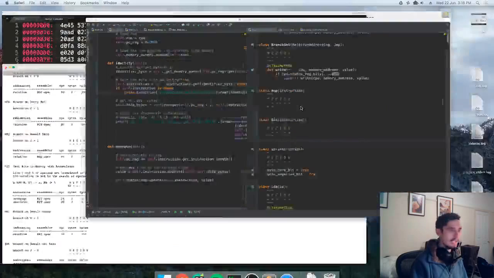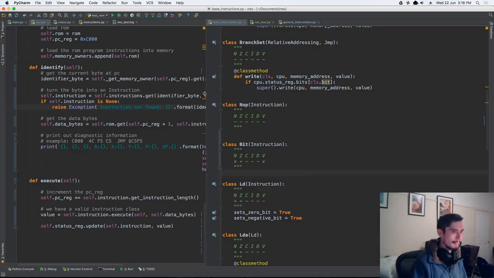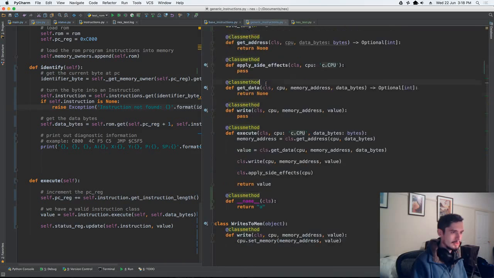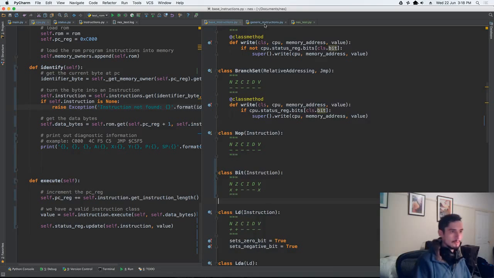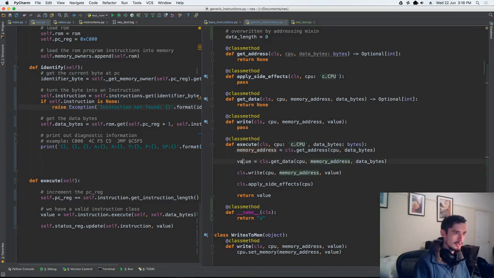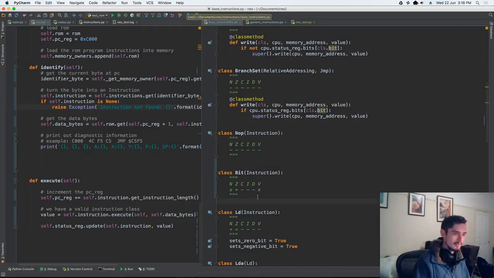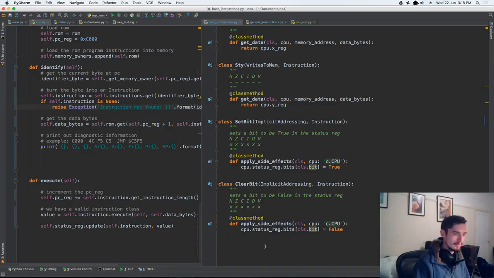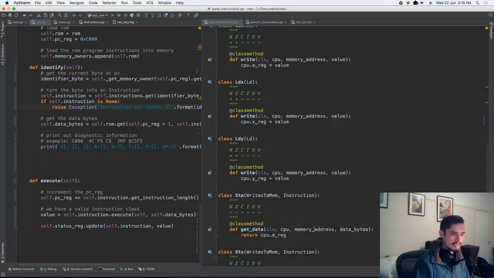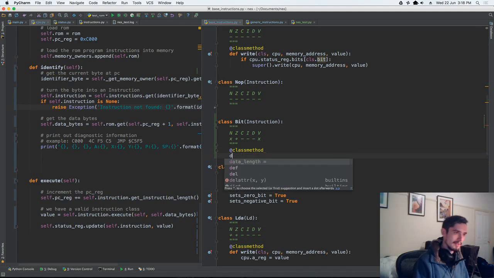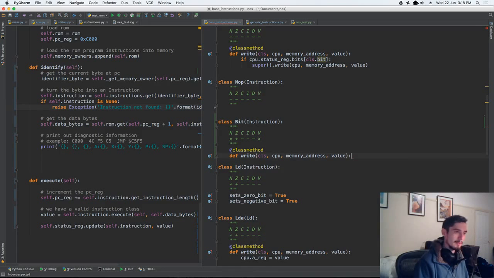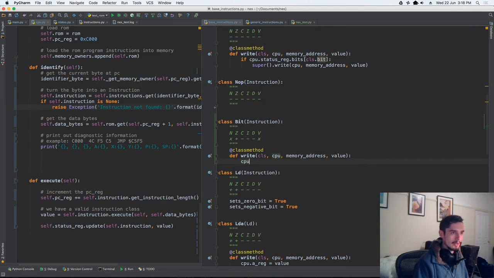Right. So what do I want it to do? So if I look at my generic instructions, we do care about a memory address, but that'll happen by our addressing. The value will happen by our addressing. So we just want to look at the write or the apply side effects function. The apply side effects function is where we set bits statically, which we don't want to do. We want to do it all based on write, based on the value that we're pulling out of memory. So all we should need to do is overwrite the write function, and then basically we just want to do a